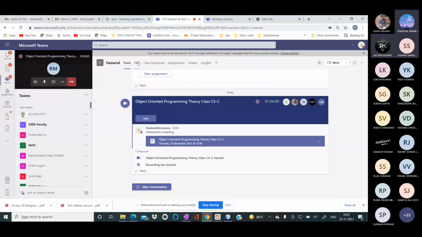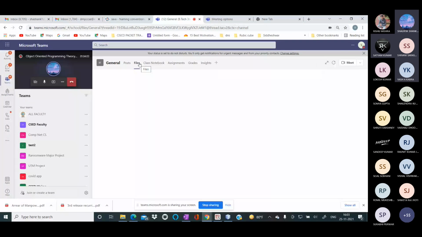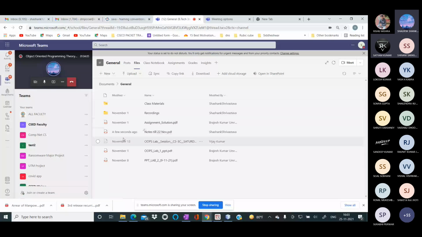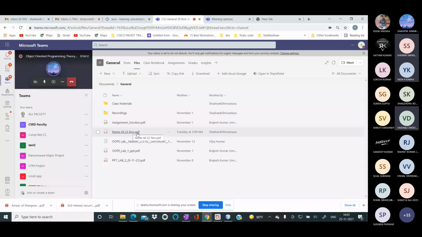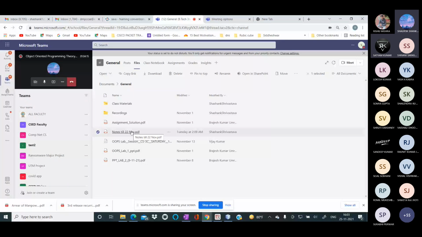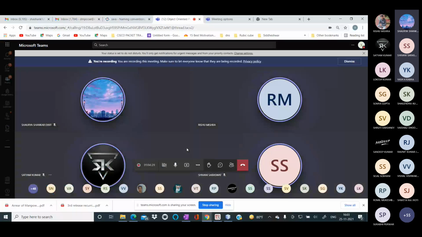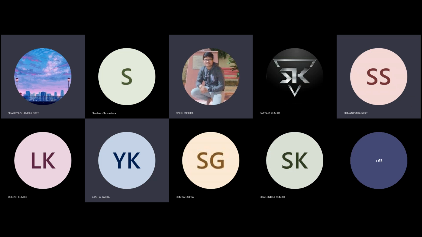Here in the files portion, I have uploaded OOPs Lab PPT notes till 22 November, but this is basically for sections A and B. Okay, here I think it is visible in the files. आप लोगों के भी section का हम share कर देंगे, ठीक है? Okay. Thank you, sir.